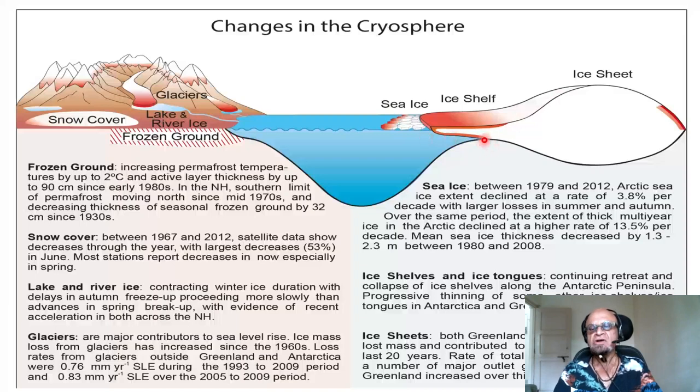So it is anchored to the land over here because it can only grow on land, but it can continue to flow and extend onto the ocean. That's called an ice shelf, and you can see that it is different from sea ice. Sea ice is frozen seawater, and it is brittle, with different shapes and properties, whereas this is growing on land and has flowed onto the ocean, and it has different properties.